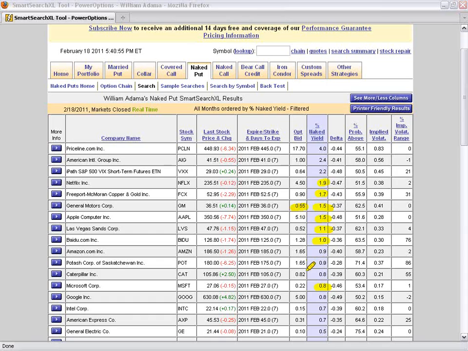Now, some of these we're talking about 55 cents, 82 cents. Here's one at 22 cents because Microsoft's only trading at 27.06. Now, the weekly options, as a rule, will have lower premium because we have lower time. We only have 7 days of time premium that we're collecting for the out-of-the-money naked put. If I can hold it to expiration and still have it expire and realize the full profit, I really want to do that, because if I start paying extra commission fees to buy to close the weekly options, that's going to cut into my profit. That's going to be much more recognizable as cutting into my profit than it would be for a standard 30-day or 45-day option.